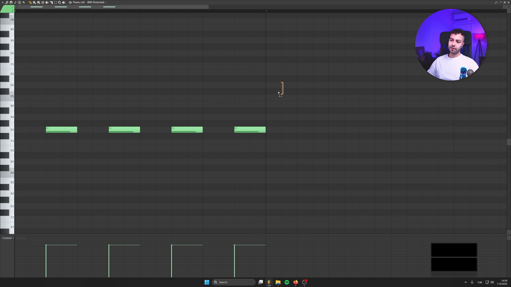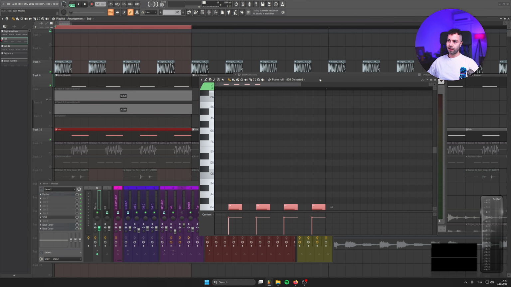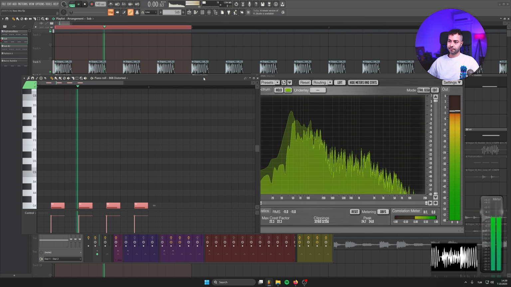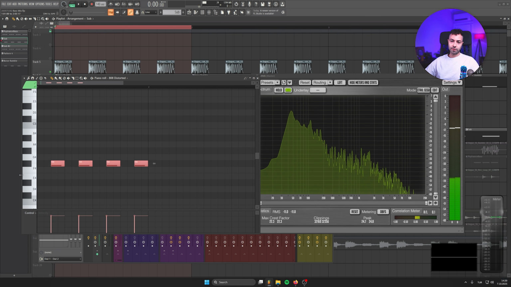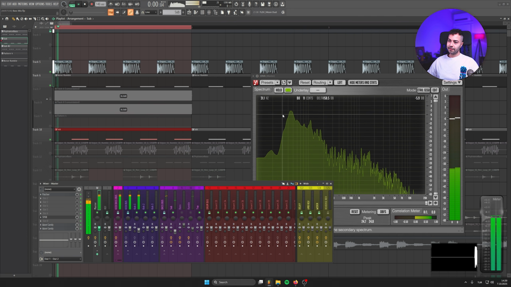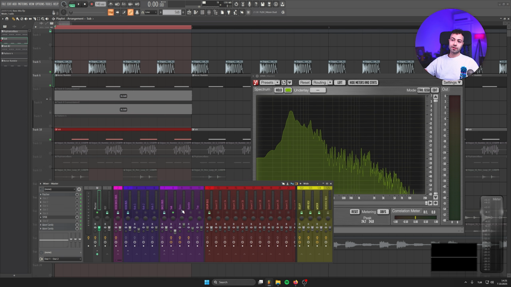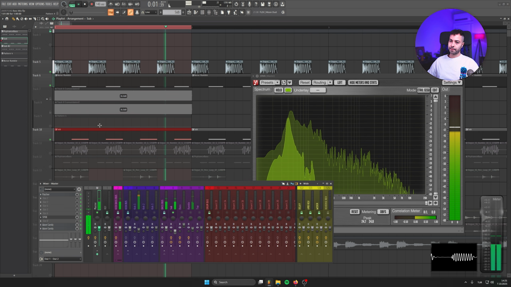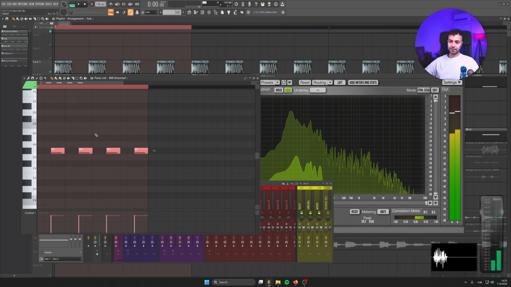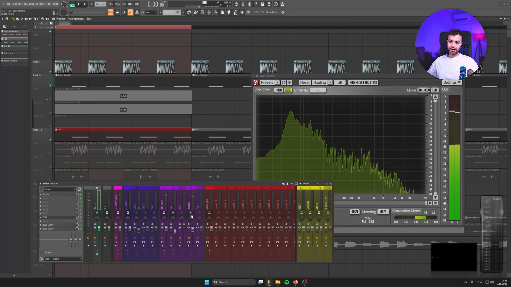As you see, whatever note I put to my sub, it's also gonna change the tonality of the rumble. So now we have a rumble low end which actually has a key. Let's put it, for example, to the D. The low end, sub, which you don't hear but feel, is always gonna be tonal. Let's put it back to maybe A, F,